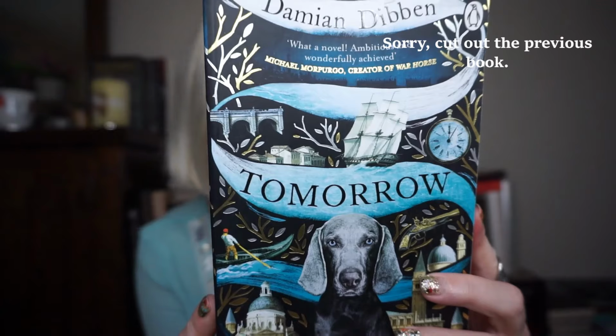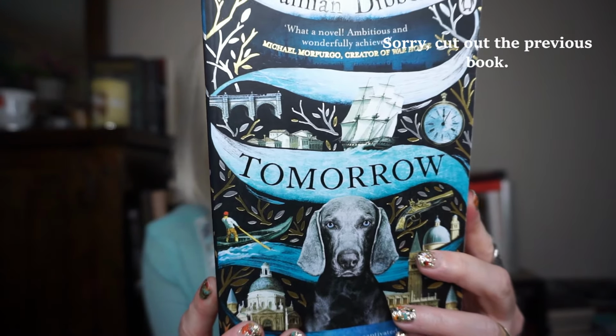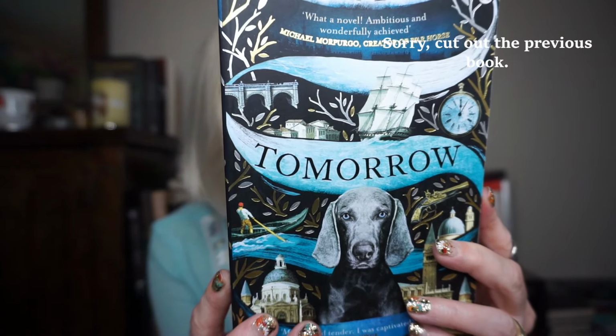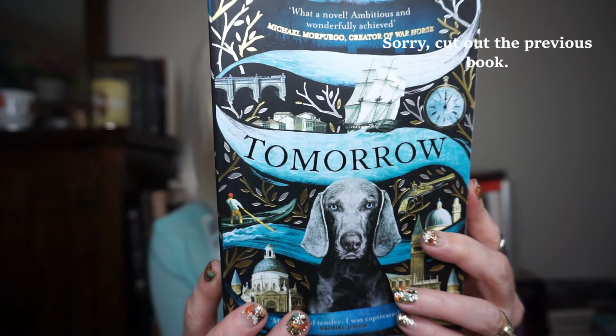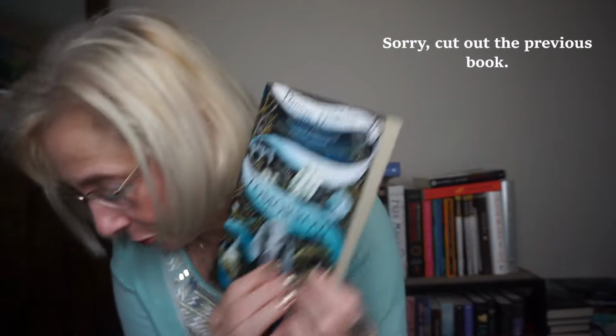This is Tomorrow. Such a cute cover. So Valentine has lived many lives, physician, philosopher, soldier, but his defining work has been his ability to stop the clock. He has lived for a century, and his dog Tomorrow. So they follow their adventures, this gentleman who's lived for centuries and his dog Tomorrow. And